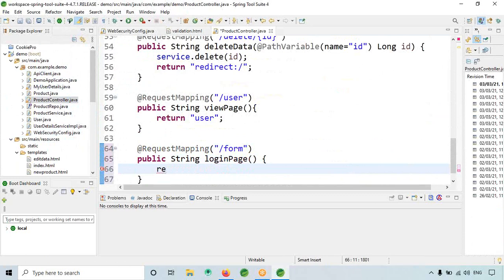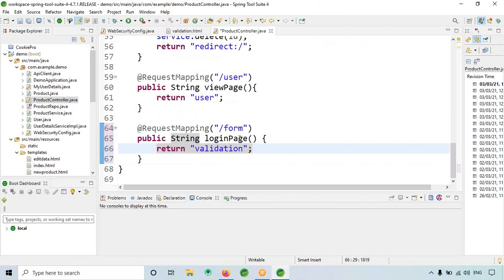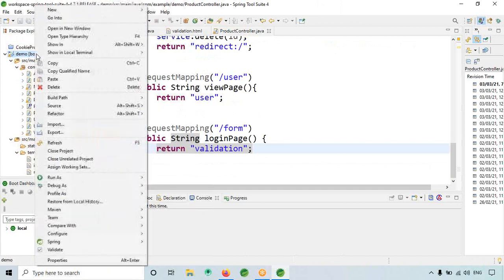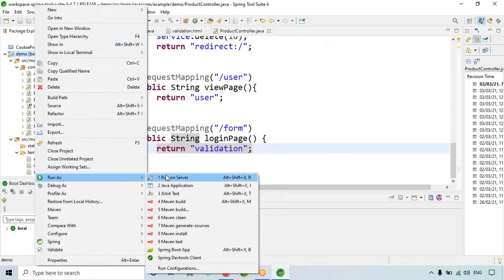Return validation. Okay, so now I will run.